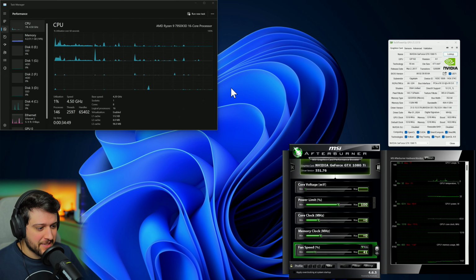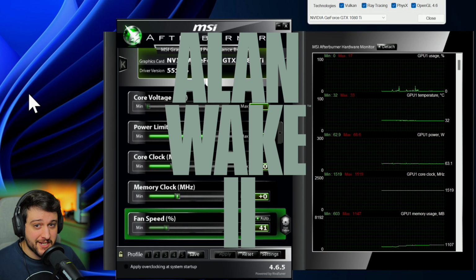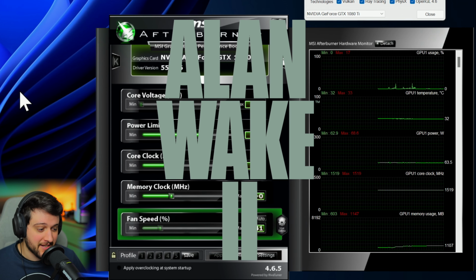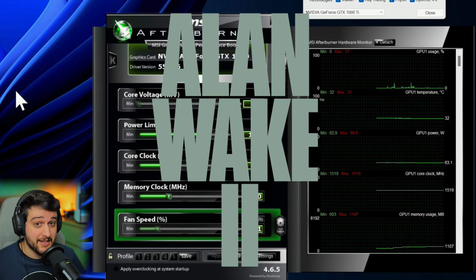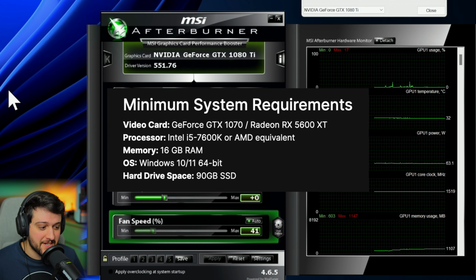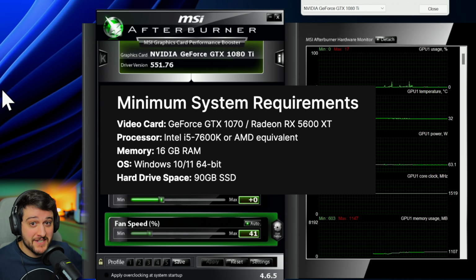In this one, my friends, I'm gonna be testing a GeForce GTX 1080 Ti in Alan Wake 2 again, because apparently, since the last time that I tested it, it got an update. They lowered the minimum requirements as well. They asked for a GTX 1070 now, so the 1080 Ti is actually above minimum requirements, which is insane, because